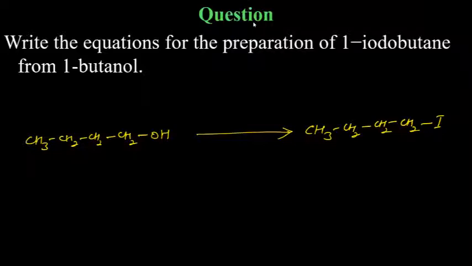Okay, as a hint, this is primary halide you are producing from primary alcohol. So for primary, in which case, whether SN2 or SN1, the reaction is fastest? Yes, Shashwat, correct. Ashi, correct. So SN2 mechanism is fastest when hindrance is minimum. Hindrance is minimum in case of primary. Tertiary SN1 fastest. Primary SN2 fastest. Yes, Vanda, correct. Tugna, Mehak, correct.